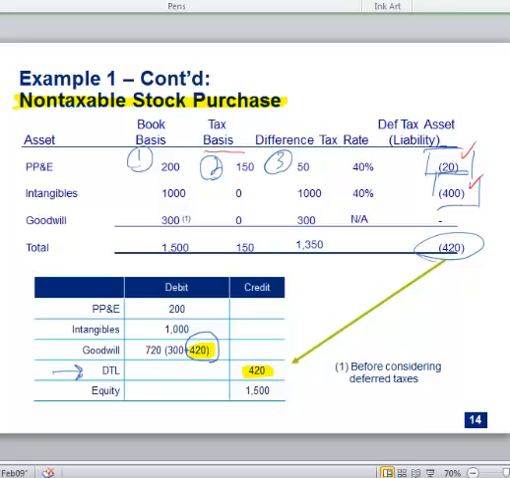Okay, John? I need to book a DTA, right? So if I'm booking all the deferred taxes and liabilities for this thing, an NOL is just another type of deferred. It doesn't pop out of some sort of book versus tax basis difference, but an NOL is an attribute. It's going to carry forward. It's going to save me future tax. It sounds like a deferred asset, right? So if I was going to book a deferred asset,